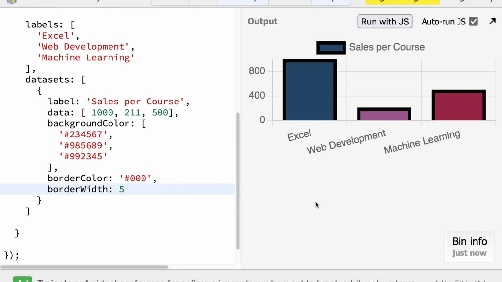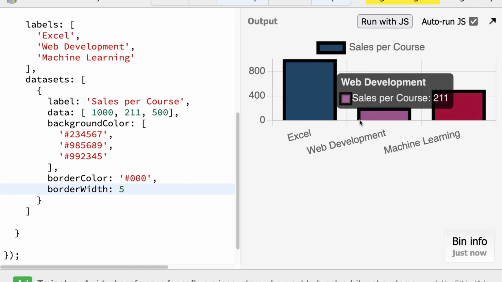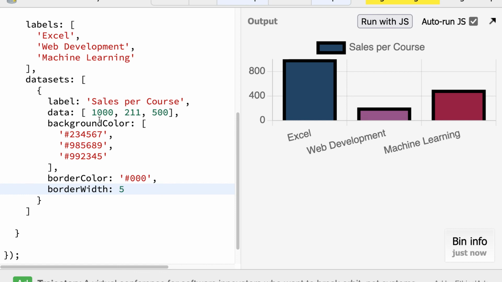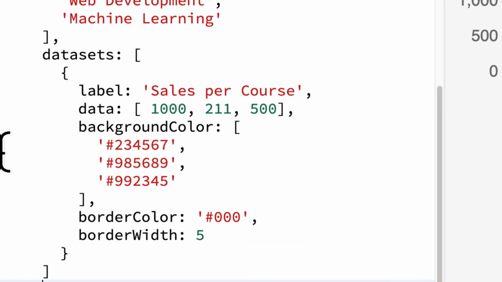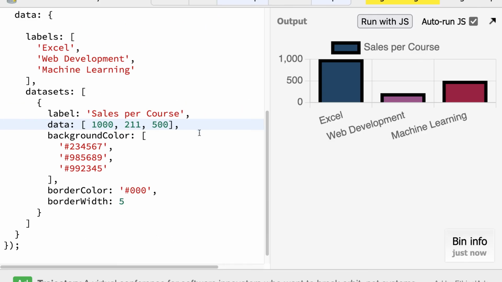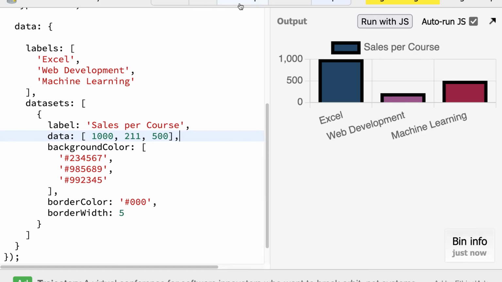You can also change the hover border width and color. So what happens when you hover over top of these bar charts, you can change those as well with just hoverBorderColor and hoverBorderWidth. There are many more properties and options that you can set of your chart, and you can find all of those at the Chart.js documentation or the official website for Chart.js, because it's hard to memorize exactly where all the different properties should go, but the documentation will tell you how to access the label, how to access the data, etc. Later on in this course, we're going to look at more properties that we can change, but this is